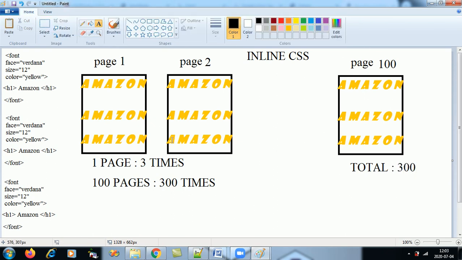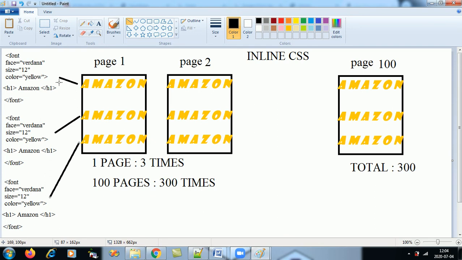Make sense? So each time when Amazon comes, I will write the font tag and give its face as Verdana, size as 12, color as yellow, and whatever heading I need to give Amazon, and I'll close the font. So this code I will write for each Amazon. To print this Amazon, I have written this code. To print this Amazon, I have written this code.